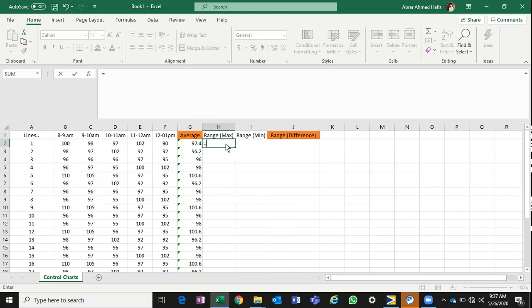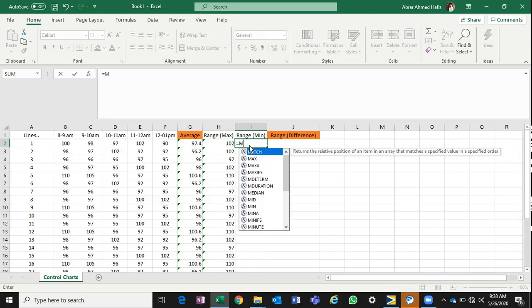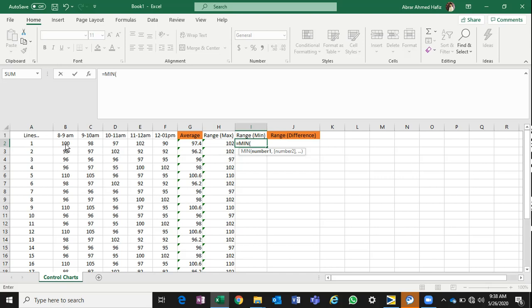So max: what is the maximum value in the first data set? It is 102, of course the maximum one. And what is the minimum value? You can drag and drop, or double click, and the value will get populated. Then do the same for min, taking these five values.